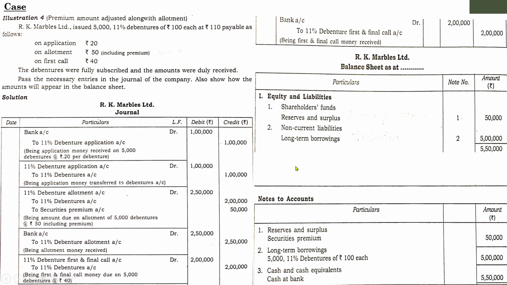So it has to be shown in the next head, that is asset head. Under the assets, there are current assets. Under current assets, cash and cash equivalents, 5,50,000. And here also there is a note 3 given, that is, the purpose, means the name under which this 5,50,000 comes, that is bank balance 5,50,000. So this is how you have to pass the balance sheet along with the notes to accounts.